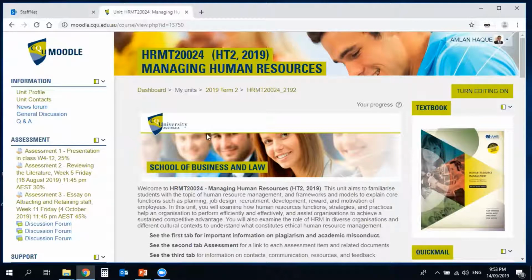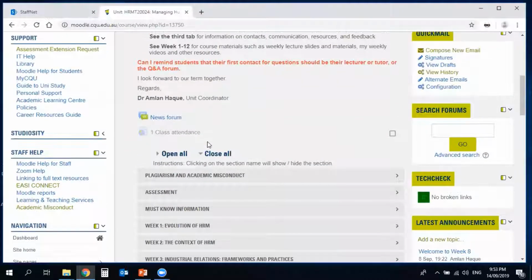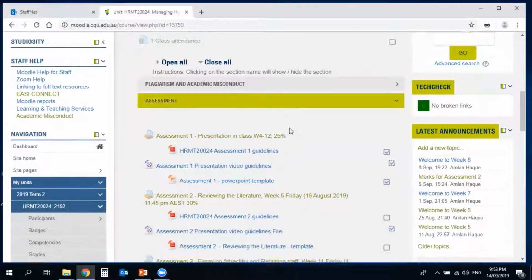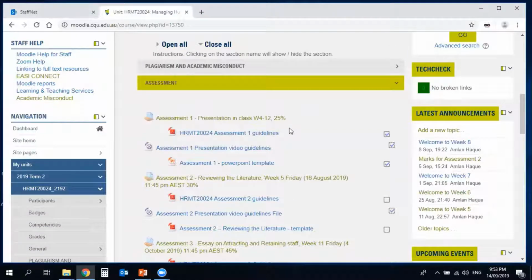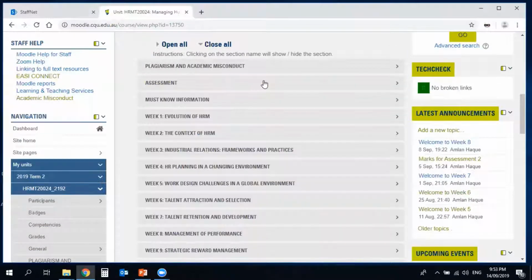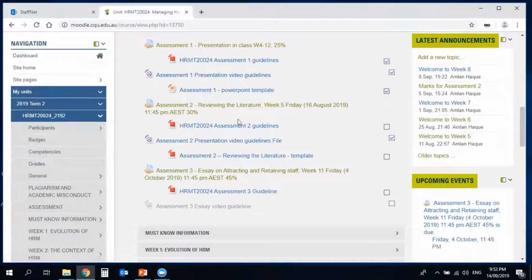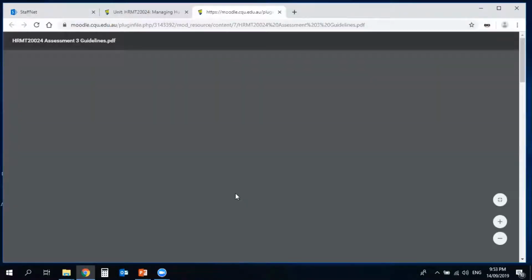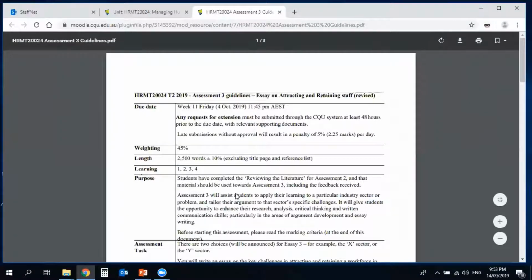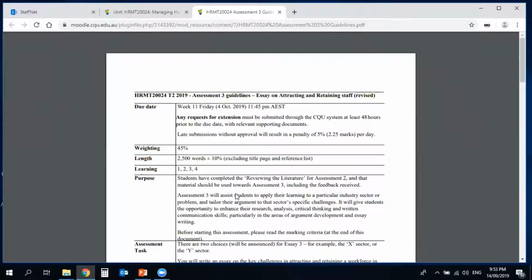So I would like to go through those instructions that we have on our Moodle site. I would like to follow the tab that we have for our assessment. If you go through your Moodle site, you will find this assessment tab, and over those assessment tabs you will find the guideline accordingly. So this is our assessment 3 guideline, and I'd like to go through those given information once again